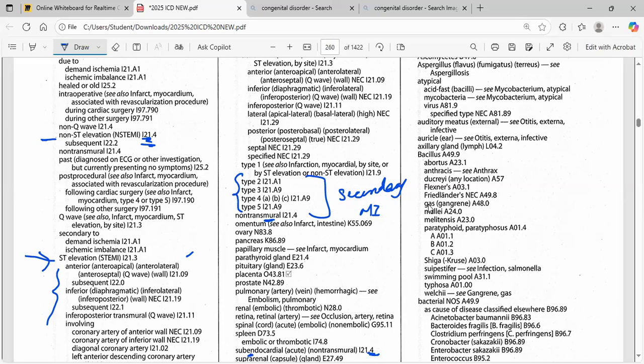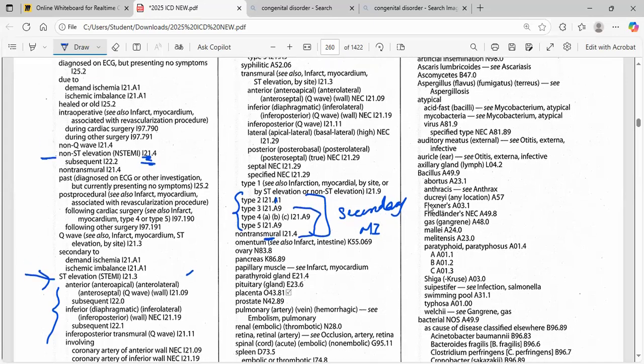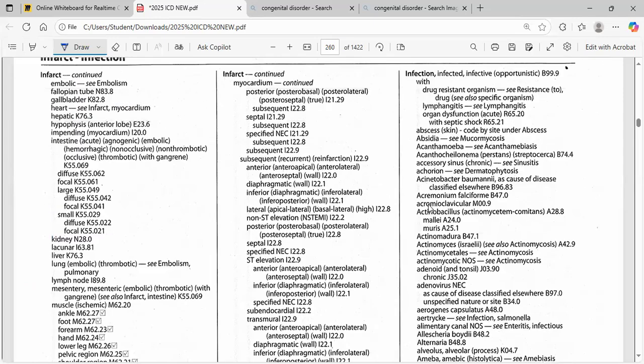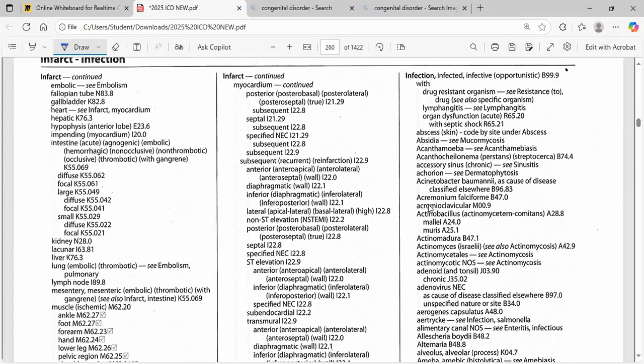For type 1, we have I21.3 and I21.4, and for type 2 to type 5, we have only I21.A1 and I21.A9. In the same myocardial infarction category, we have the option for the subsequent myocardial infarction. We have a category for subsequent. We have to use a code from the subsequent series